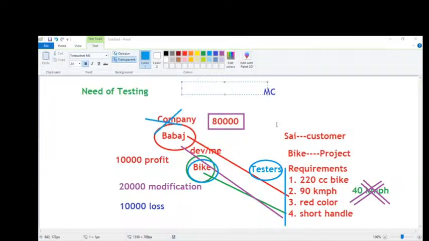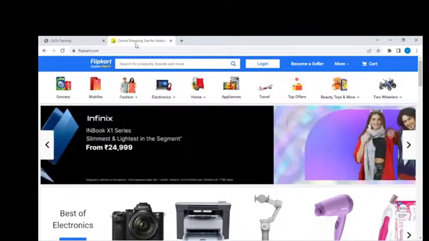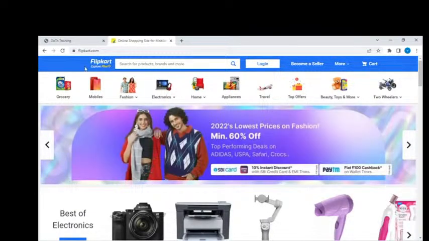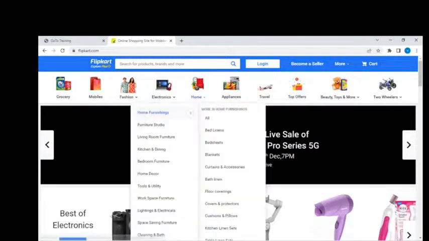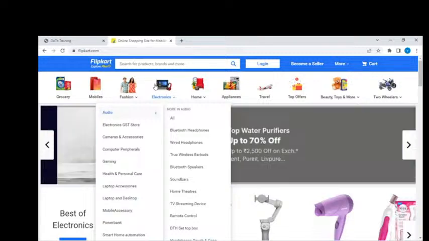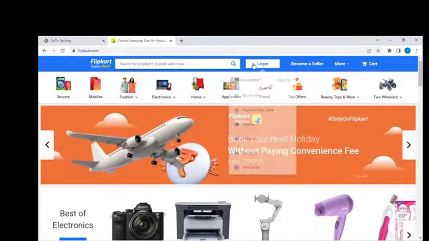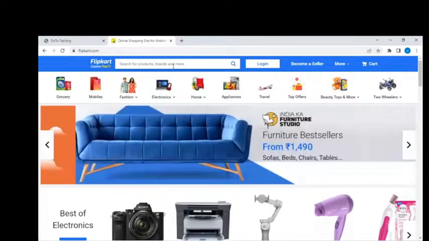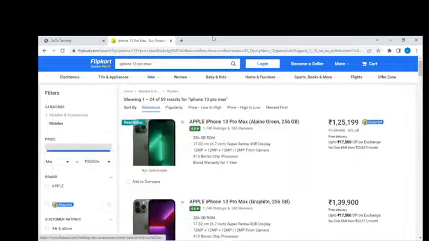So clear? Any confusion? Take any application, like the Flipkart application. This application is also tested before it goes live. Without performing testing on Flipkart, they won't put it live. Because for example, we are the customers, we select one product from this and we go for the